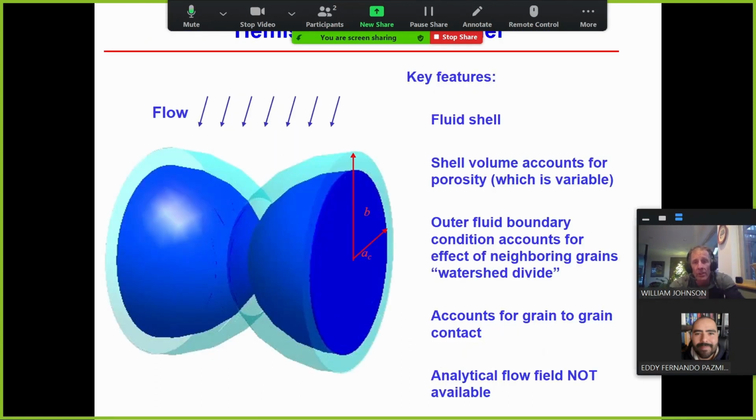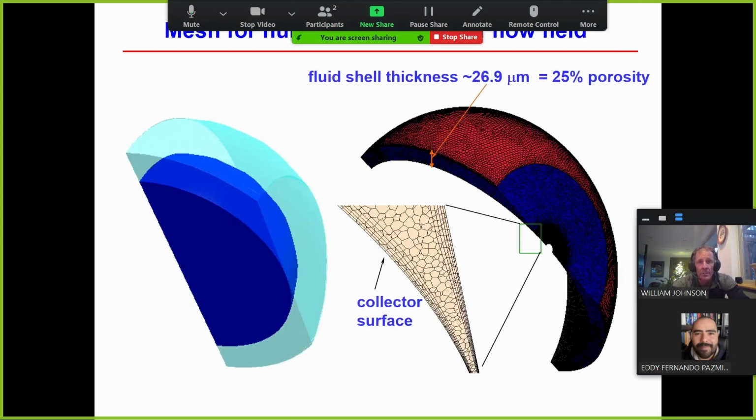The hemisphere and cell collector also explicitly includes a grain-to-grain contact that was developed by Ma et al. But unlike the other collectors that we showed, which have analytical flow fields, so that speeds the simulations, this one requires a numerical flow field, which slows down the simulations. It does allow, though, a range of porosities to be represented by the fluid shell thickness. And